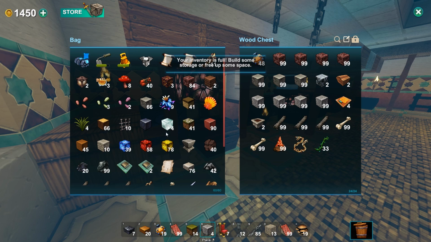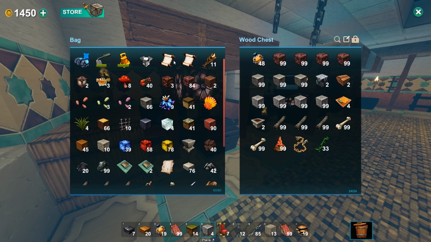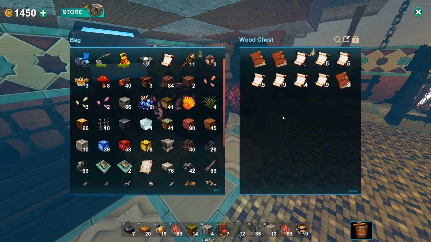Oh, we can't. Inventory's full. We might be able to drop some stuff off, though. What do we not need? Blue adobe roof and red beacon. Looks like we can do both of those. Oh, the container's full, though. So we'll drop those in. Oh, here we go. Here's one that's full of